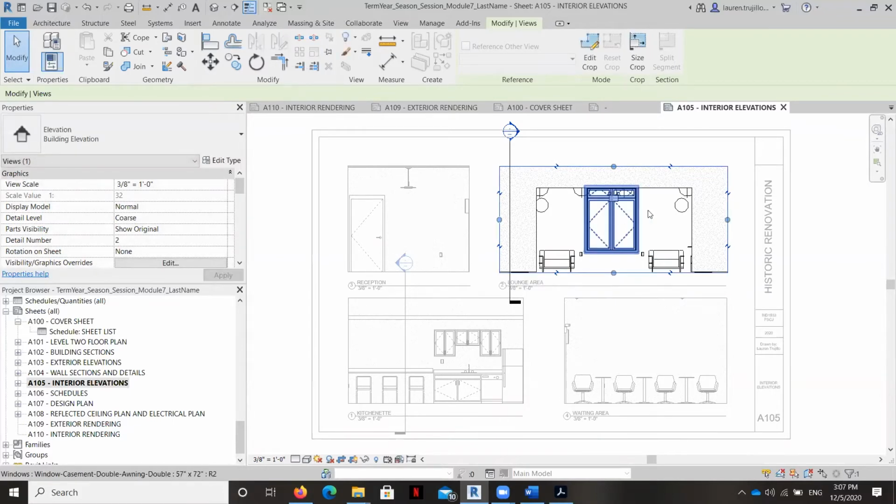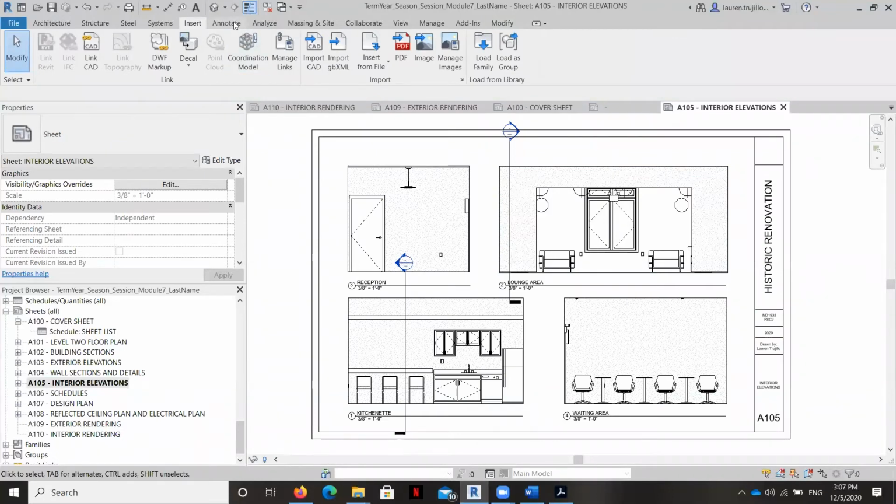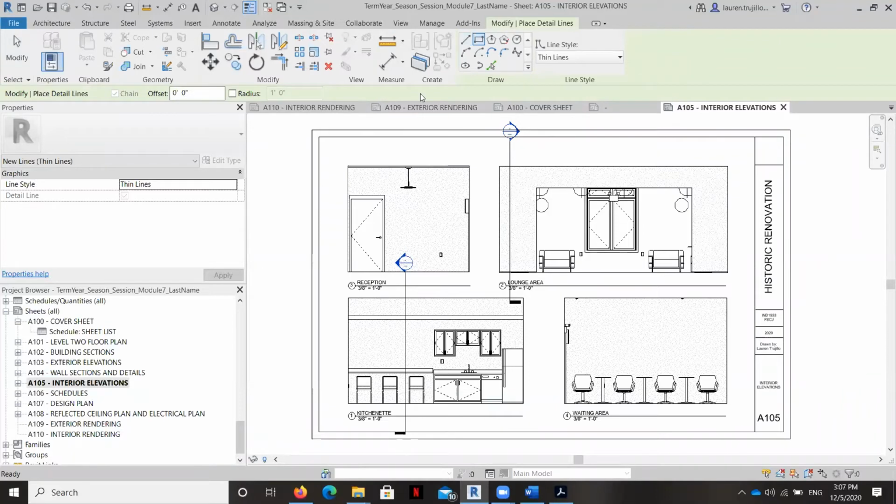To adjust, I would have to zoom in here, but I actually don't have my mouse attached right now, so it's a little bit difficult for me to do it. But just zooming in and aligning the ground line with the ground line of the room, or again, if it's looking strange and you just can't quite get it fixed, going to annotate, creating a detail line, and then just drawing a box on your sheet. So it's just part of practicing and working through the visibility parts of it.